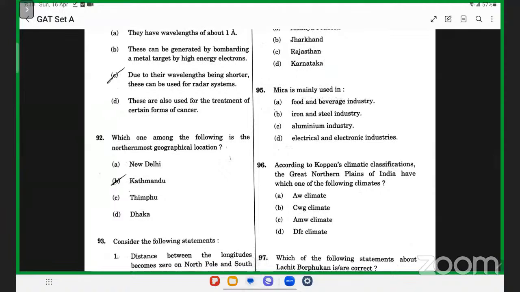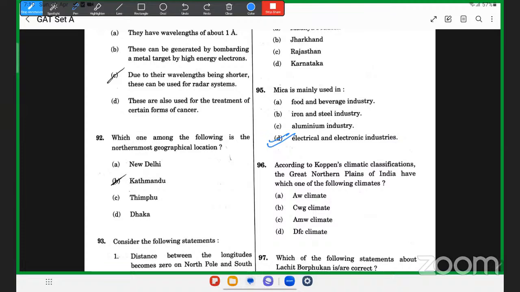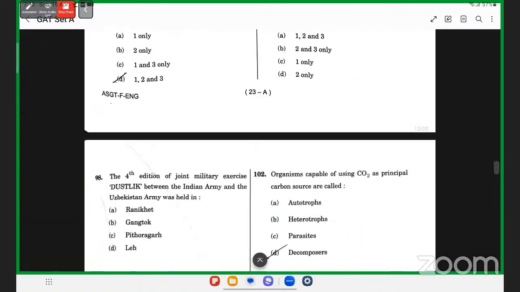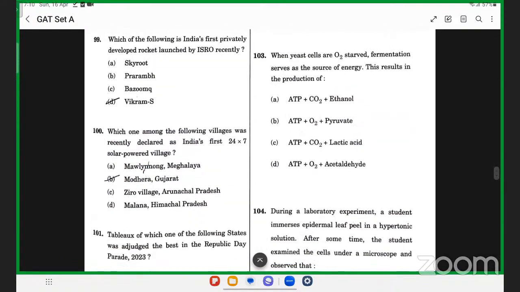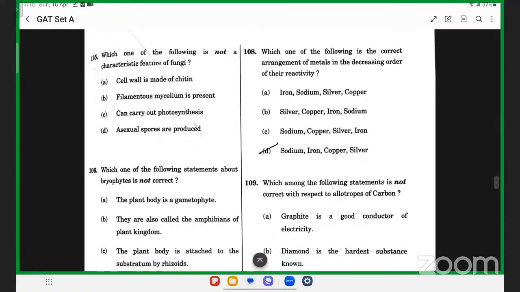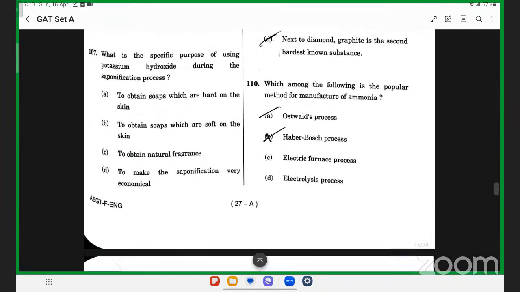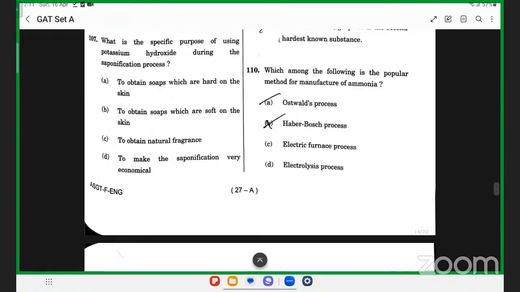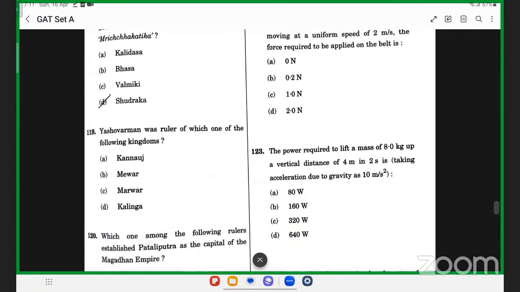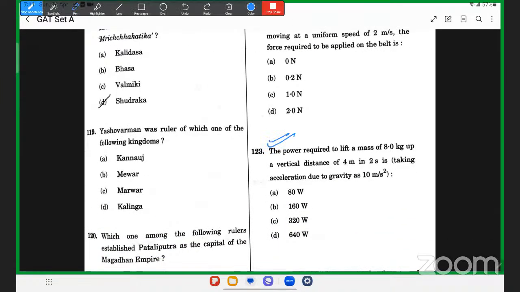Mica is mainly used in electrical and electronic industries. इसका डी होता है. माइका इलेक्ट्रिकल और इलेक्ट्रॉनिक इंडस्ट्रीज में काफी यूज करते हैं हम. नेक्स्ट इज